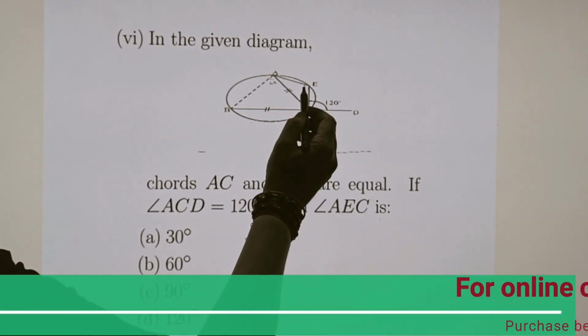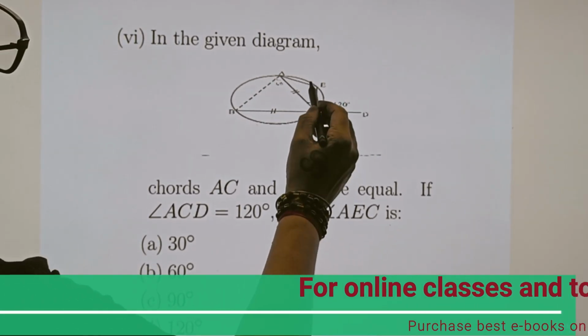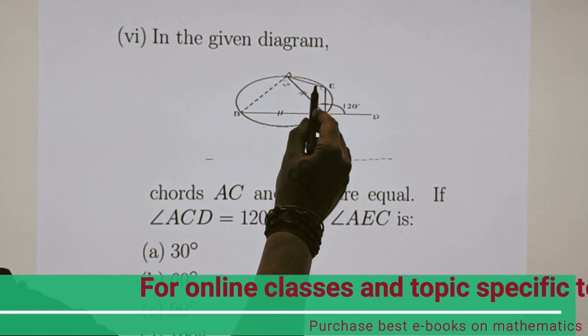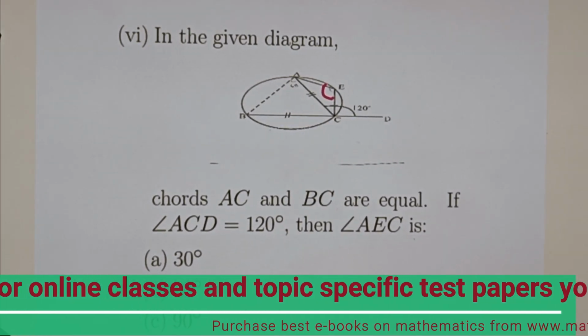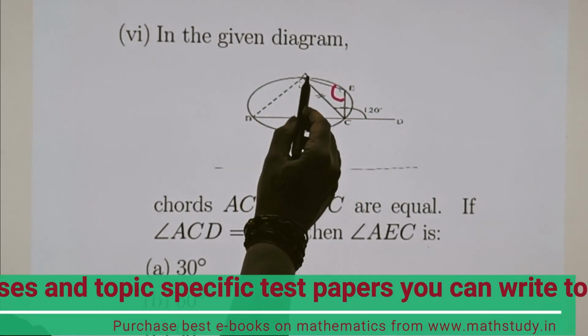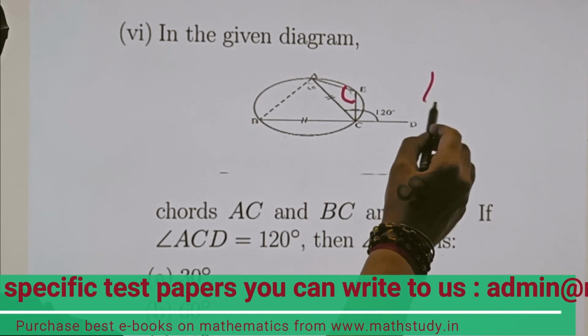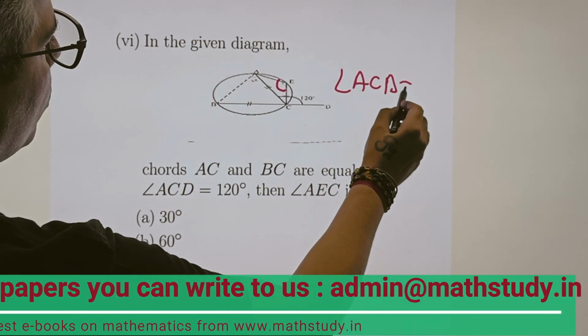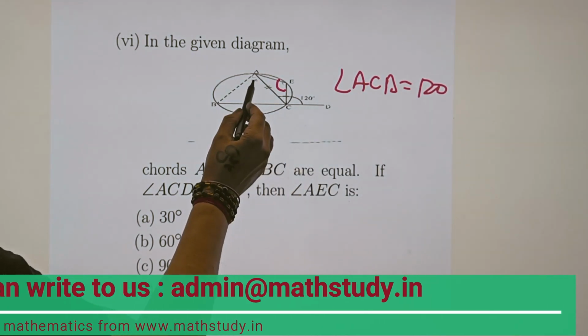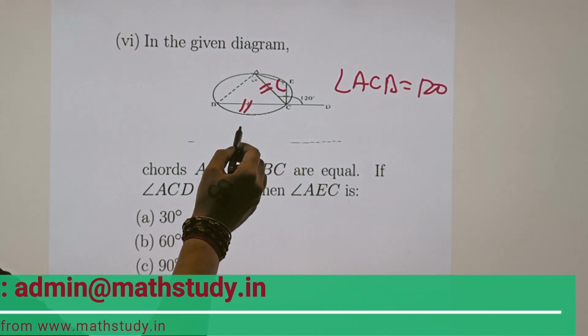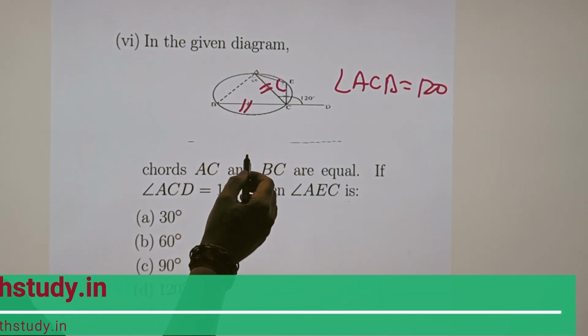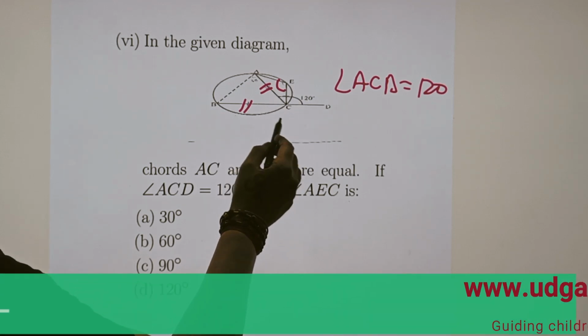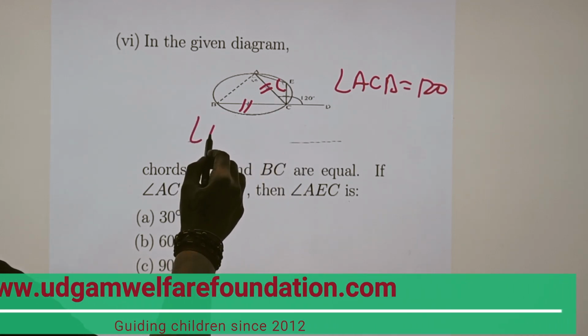Here we need to find this angle, that is basically angle E we need to find. So here we are given angle ACB. Angle ACB is equal to 120 degrees. So these sides of the triangle are equal. That means this is an isosceles triangle, and by using the exterior angle property here,